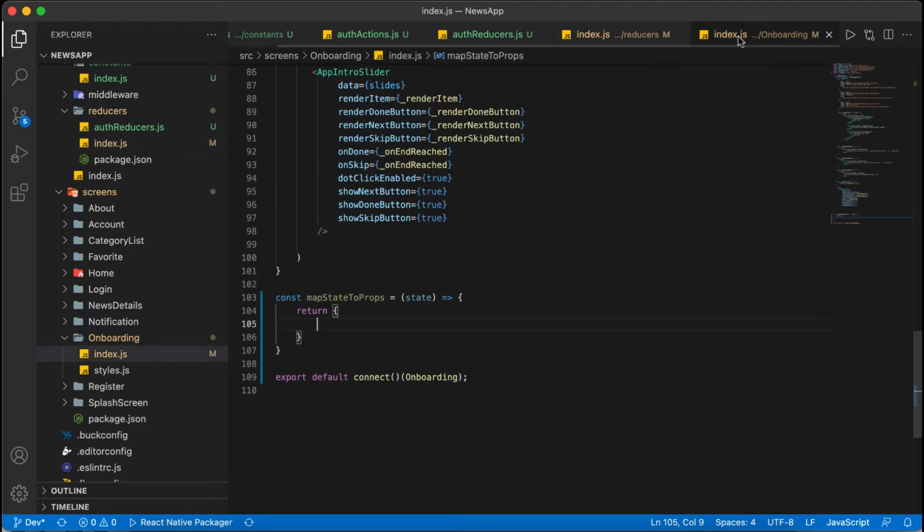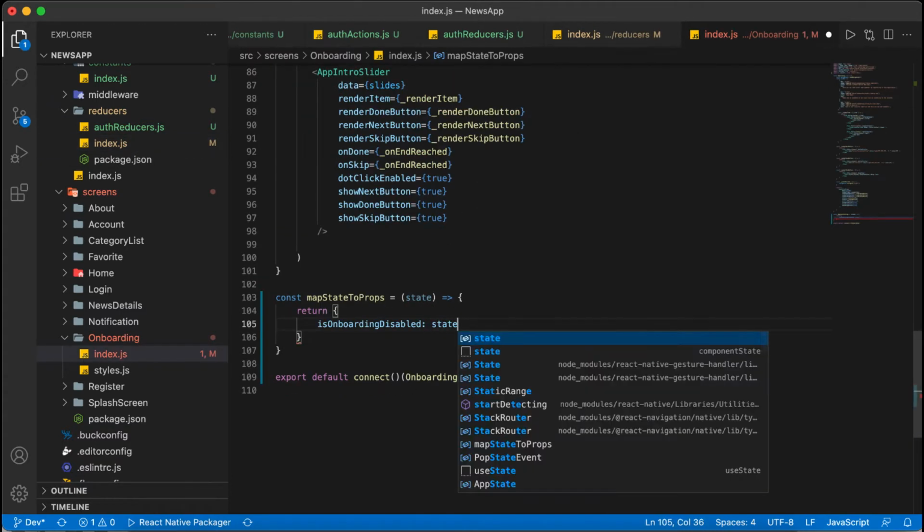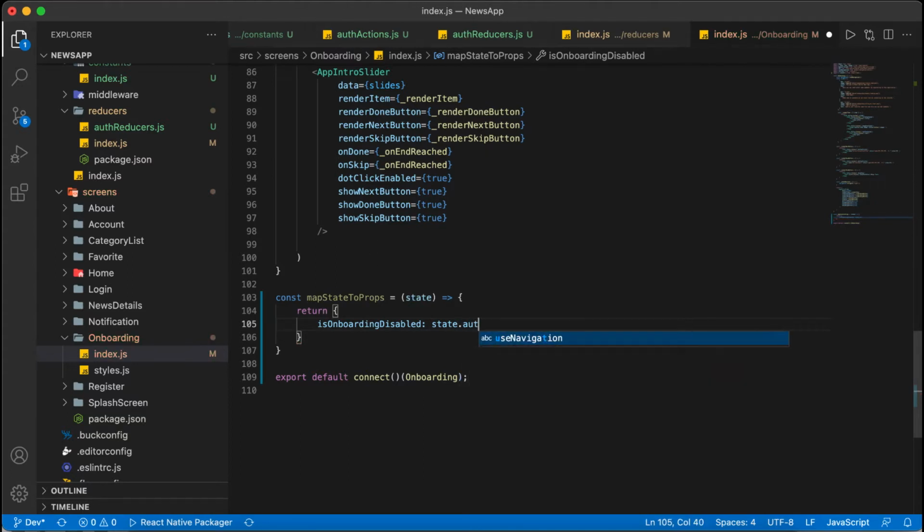Then here I will paste, and I will select the state, then state.auth dot this one. Generally we attach it to a variable, that is onboardingDisabled. So there is a state, in that state the auth state is present, and inside that is isOnboardingDisabled.